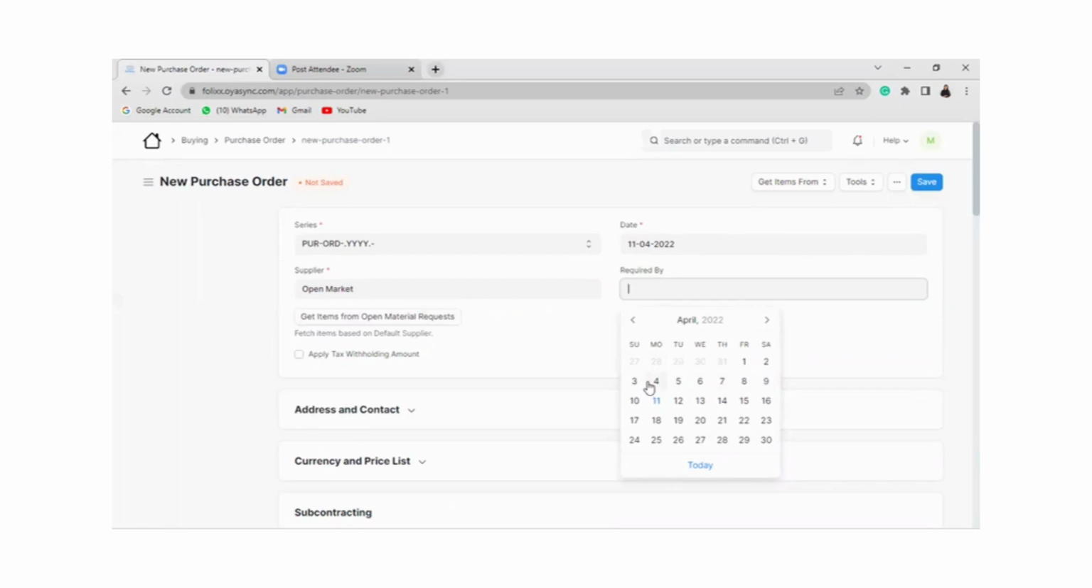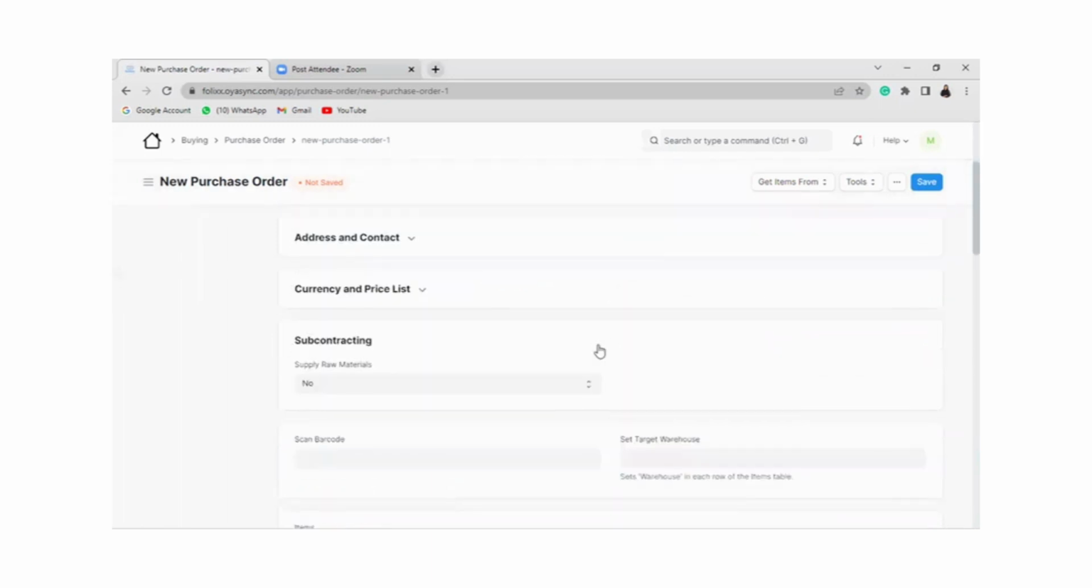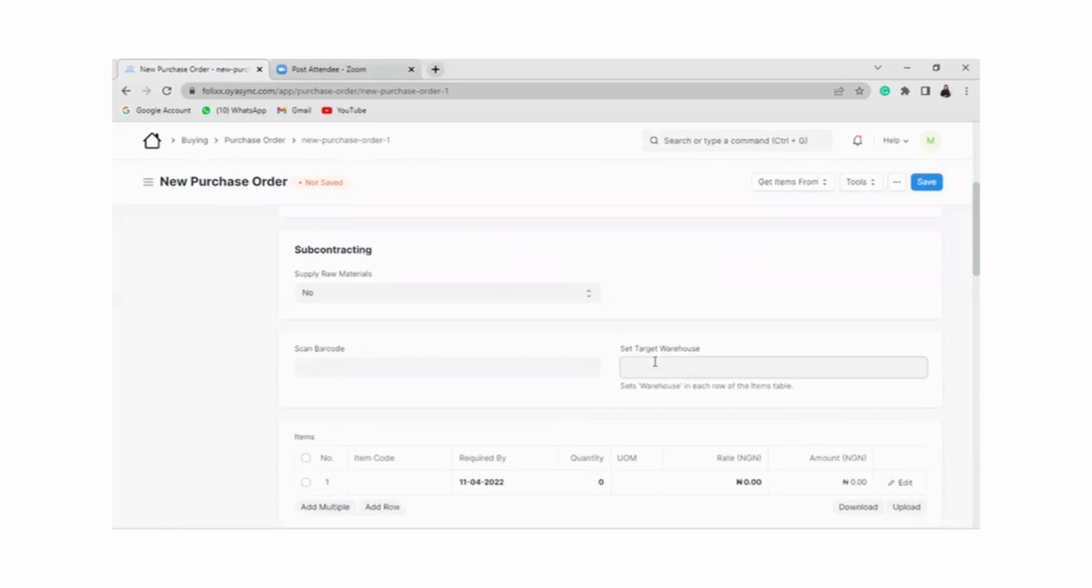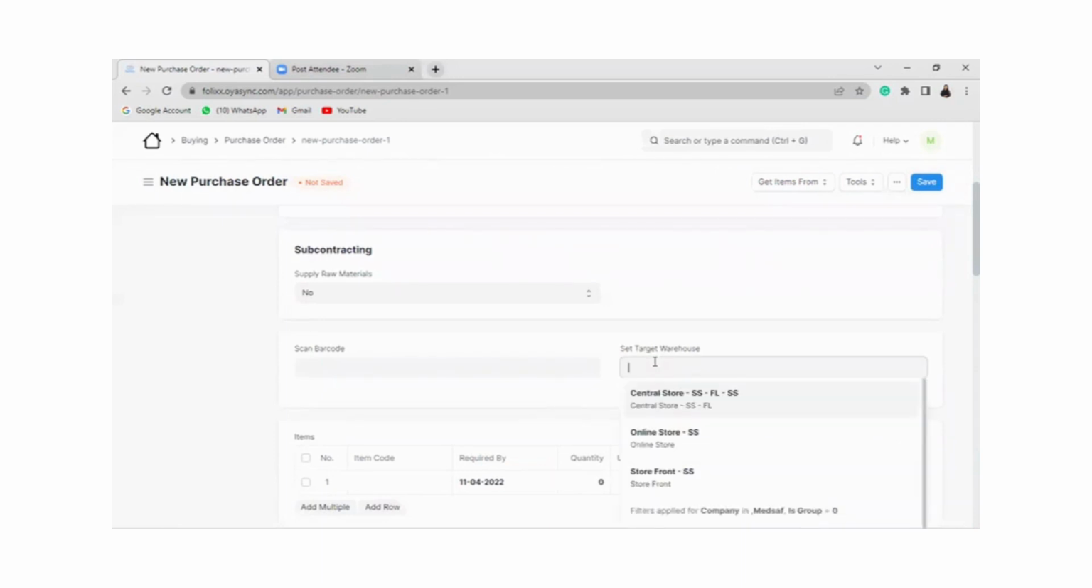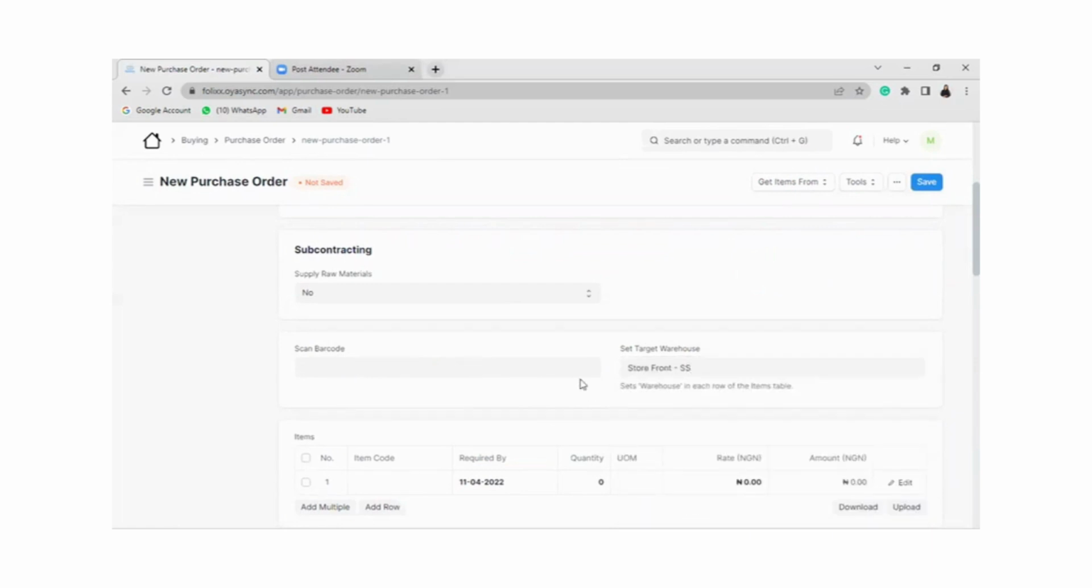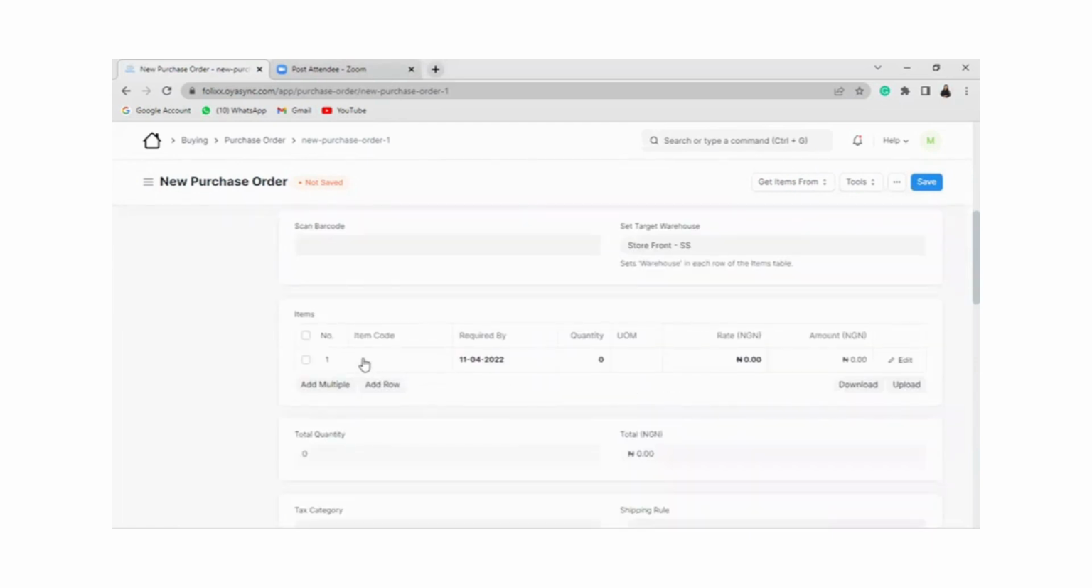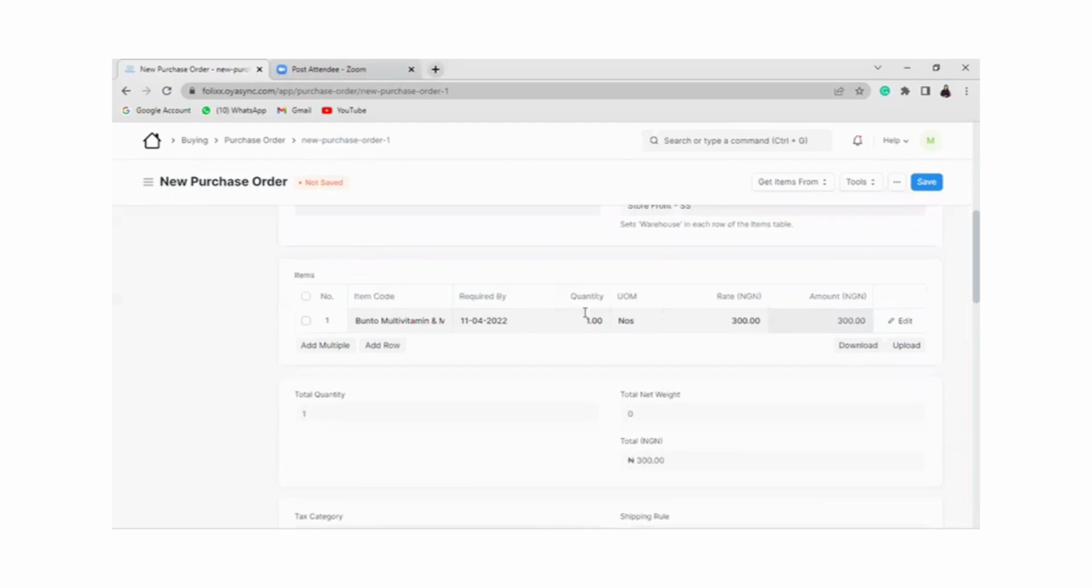Latest today, it could be tomorrow or any other day. So you just go ahead and click, let's say for the purpose of this, the set warehouse is where these items are going. So we'll be making use of the front storefront. What are the items we want to buy? Let's say we're going to buy it. How many of this are we looking at? Let's say we're buying 50 pieces